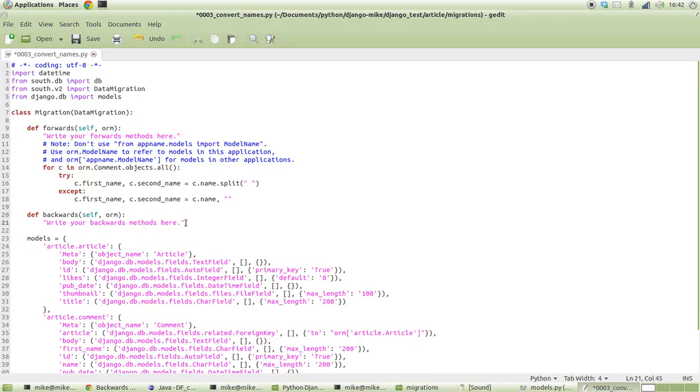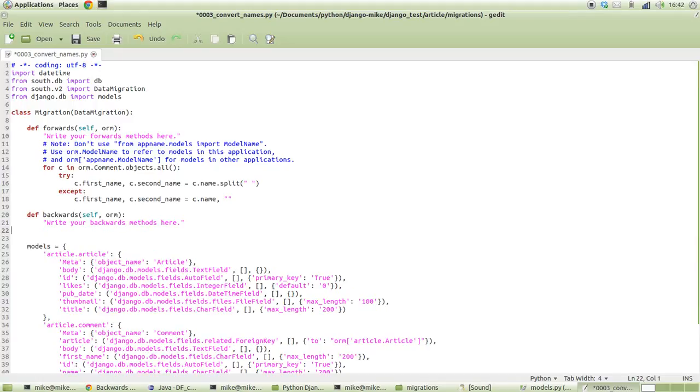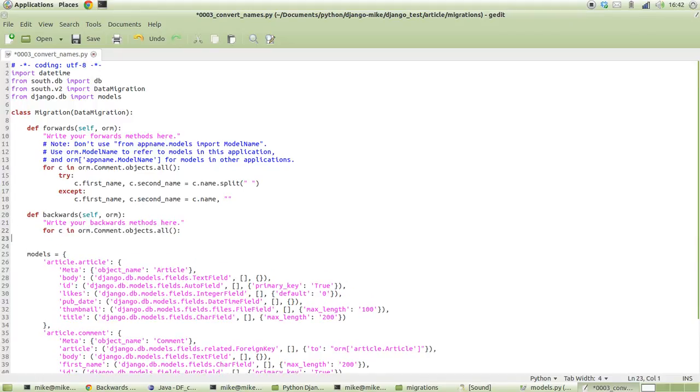And if we go into the backwards section, whoops, we then go, in the case of this comment, the name should equal nothing, because unfortunately there's no way we can keep track of what information we destroyed in the conversion process. So unfortunately it isn't perfect, but